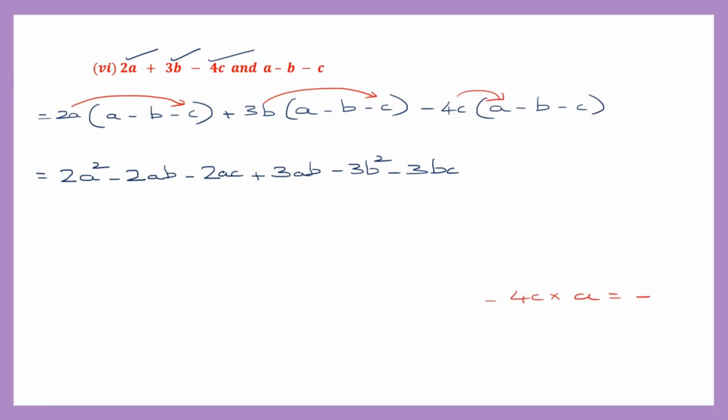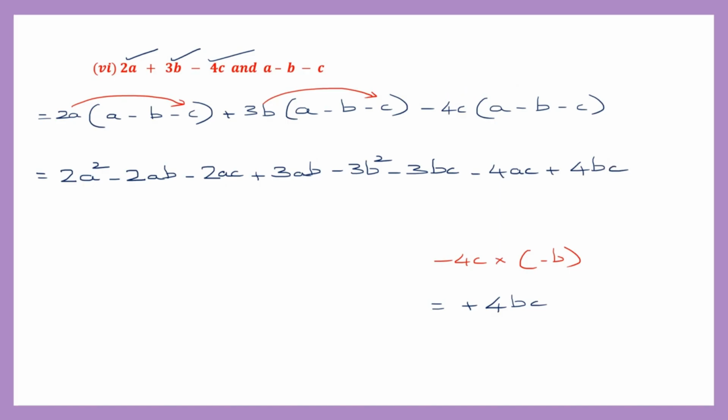The sign is minus, the number is 4, c into a is ca or ac. So here we have minus 4ac. Next we have minus 4c into minus b. Multiply the signs. Minus into minus is plus. The number is 4. C into b is cb or bc. So this is plus